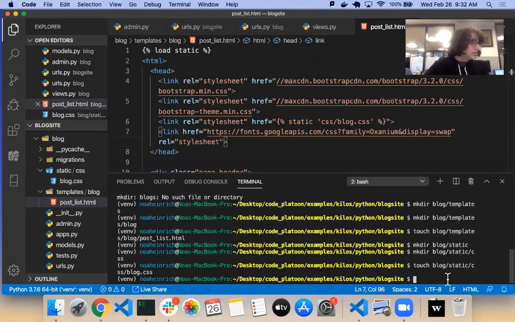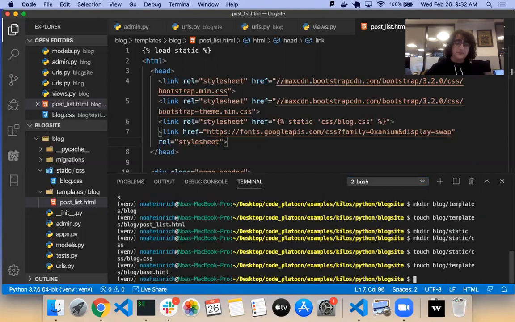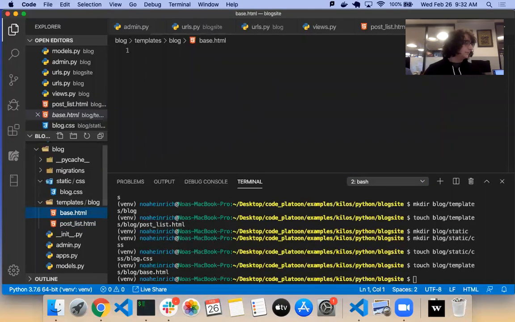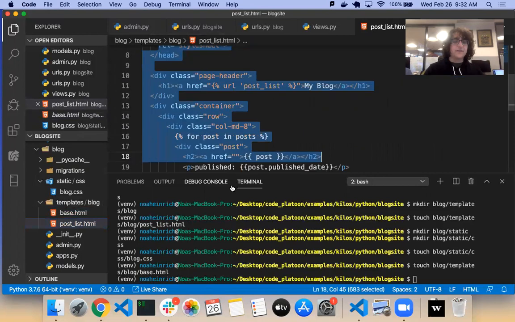So I'm going to touch blog/templates/blog, and we're going to call this one base.html. I'm going to copy over a lot of this stuff into that.